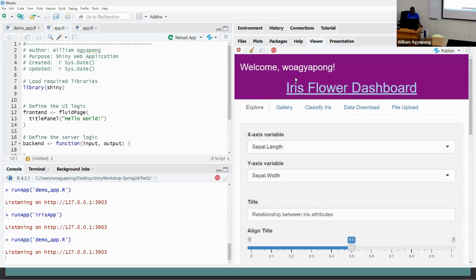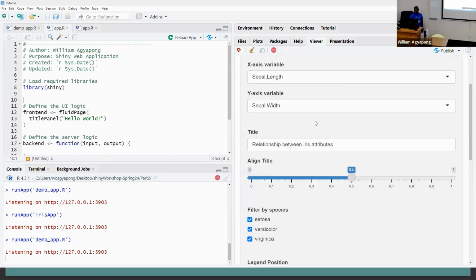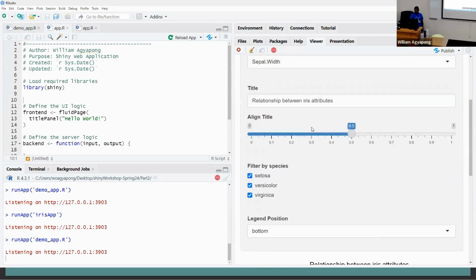So when I started, I did the same thing. Okay, what do I want? Well, I want to provide a banner that greets the user. And this is pulling the name of who is currently logging into this computer. Okay, so that was my design choice. And I want to provide a title that says Iris Flower Dashboard. Your design choice. What name are you going to give to the app? What title? Okay. And then I said I'll provide these navigations, and within each navigation, I want to have a